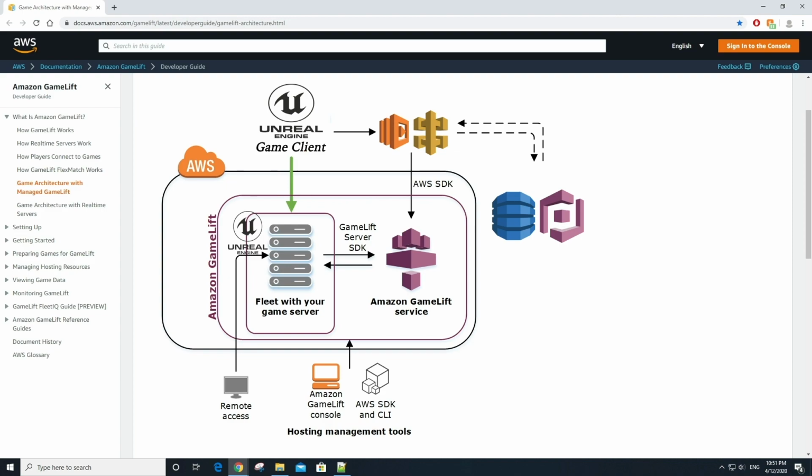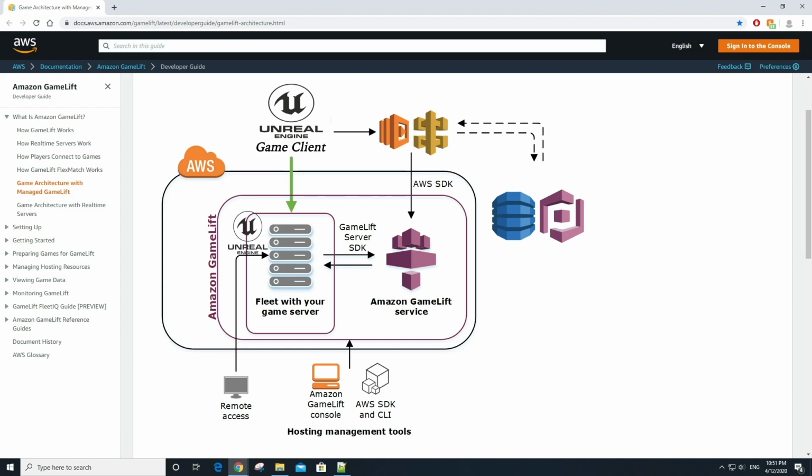There are also arrows between the GameLift service and the fleet because GameLift handles the creation of matches, thereby the creation of player sessions and game sessions, but your server will also communicate with the GameLift service itself since it has to eventually terminate these player sessions and game sessions as well as handle backfill manually. I know a lot of terms may seem foreign right now, but just trust me, I promise this will all